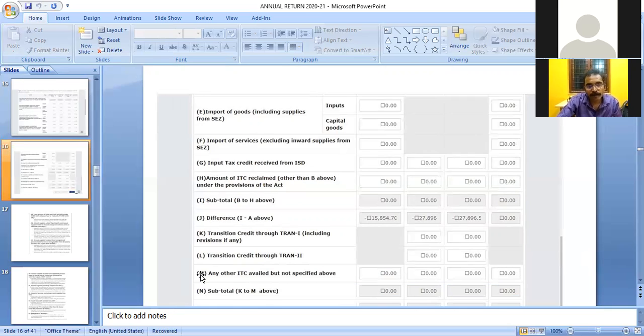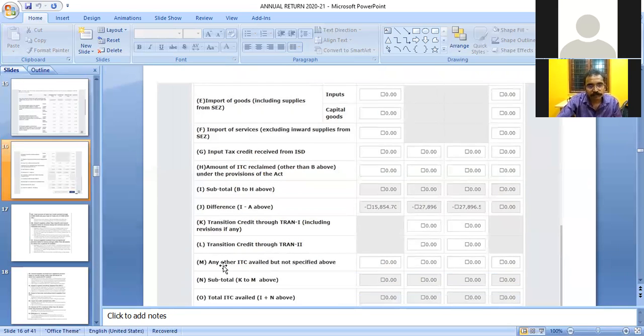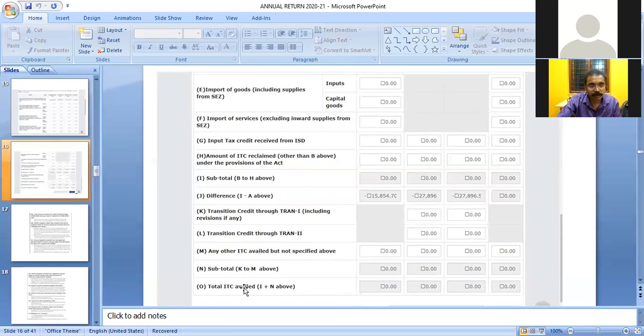Then comes column M, any other ITC availed but not specified above shall be considered here. For example, ITC availed through forms GST ITC-01 and ITC-02 shall be shown here. Then comes column N, subtotal of K to M above shall be shown here.